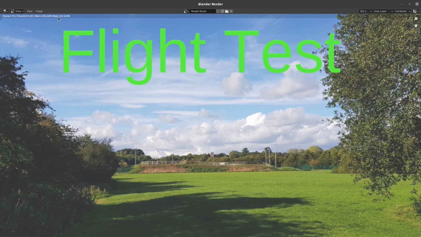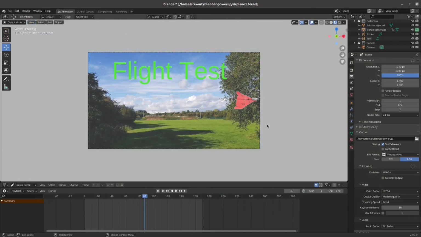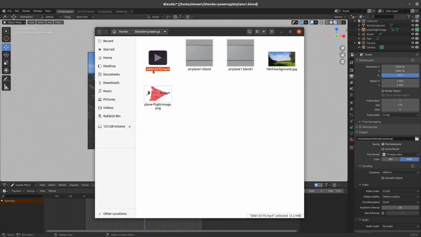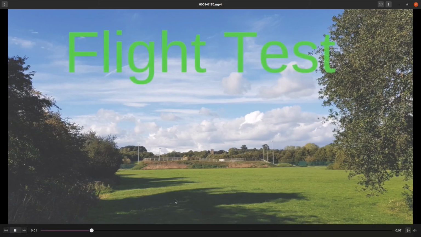So as you can see, the render's now complete with frame 170, and it just shows you the last screen. So we can now close that. If we have a look in the folder, we can find the video that's been created. Its name is basically the start frame to the end frame. So in this case it's from frame 0001 to 0170, and I chose MP4, so it's an MP4, and we can just launch that to view,